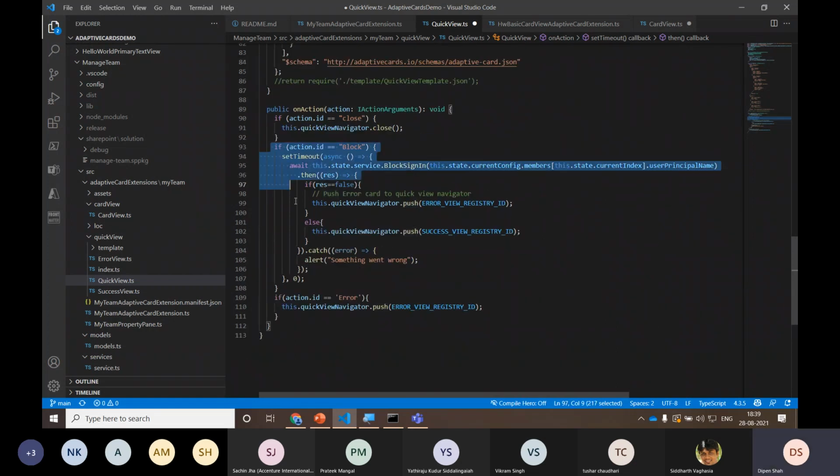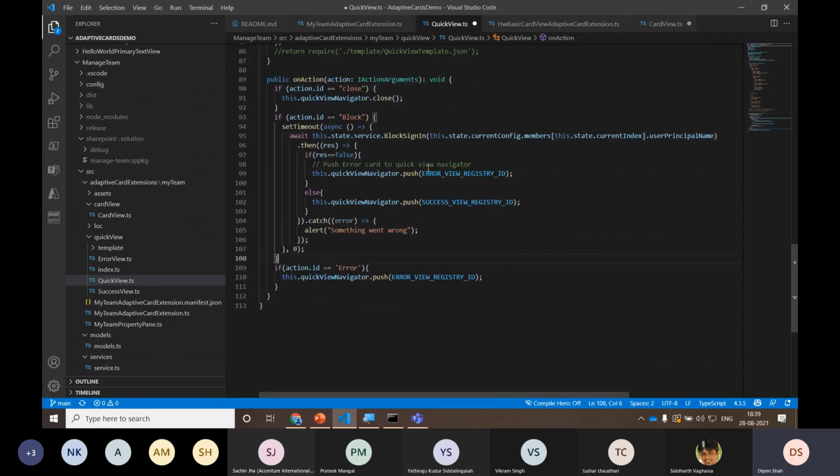So how this function works: when the user clicks on the block sign-in button, our quick view gets the information that block sign-in is clicked, and it sends the query to the Graph API to change the information in Azure AD, and it gives me the response whether it ran successfully or not. If the request ran successfully, then I will open the next view called the success view over here. And if it did not run successfully, then I'll pass the error view over here.